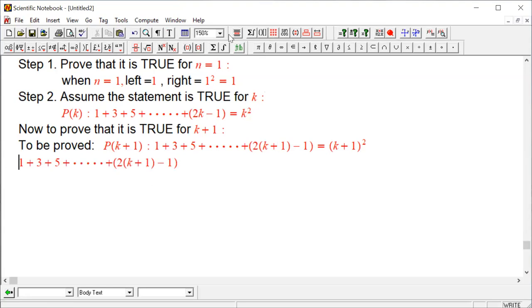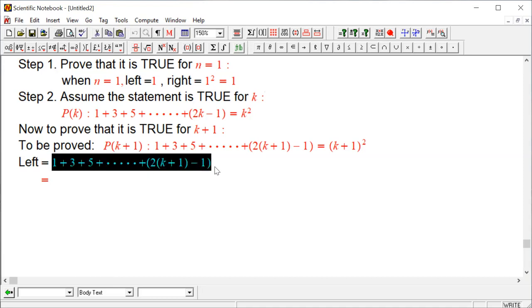Okay, we're going to take the left-hand side of the to be proved, and we're going to work it out. Well, the first k plus 1, right? 2k plus 1, these odd numbers,